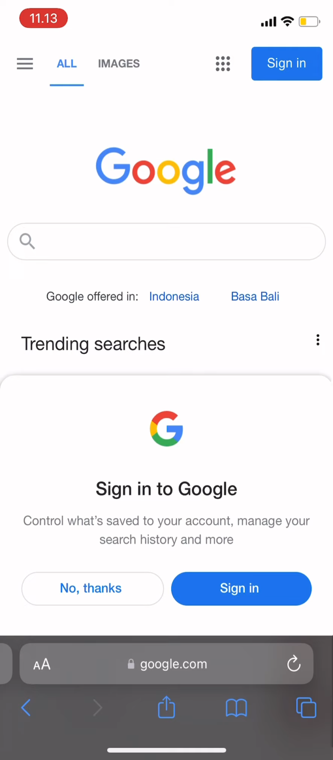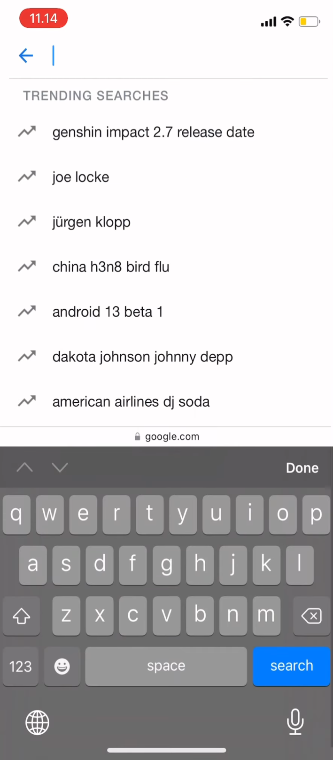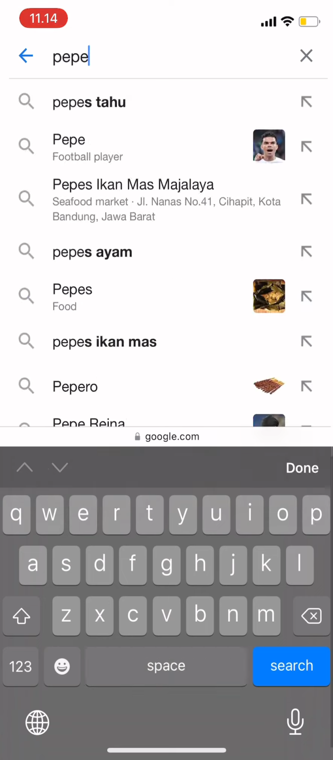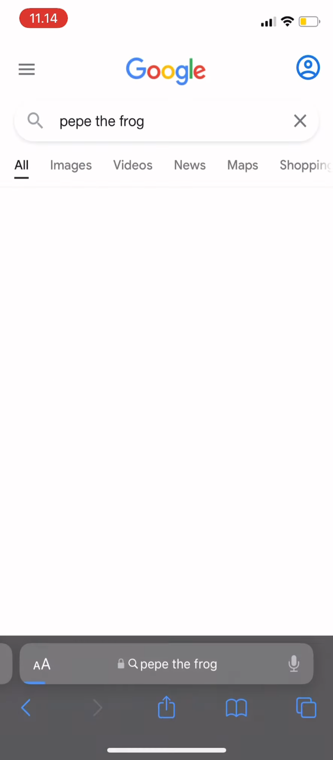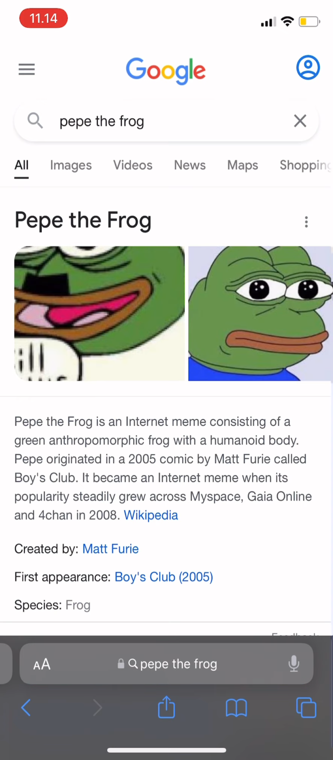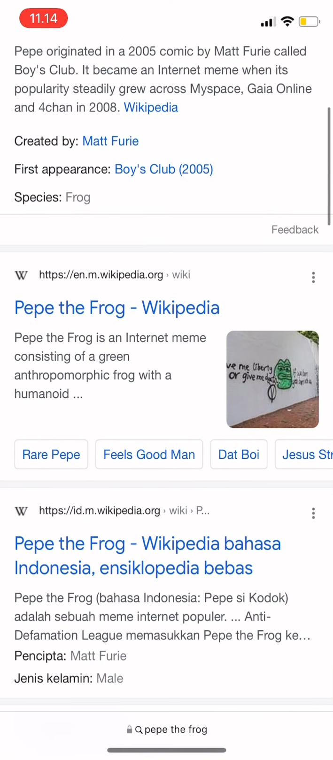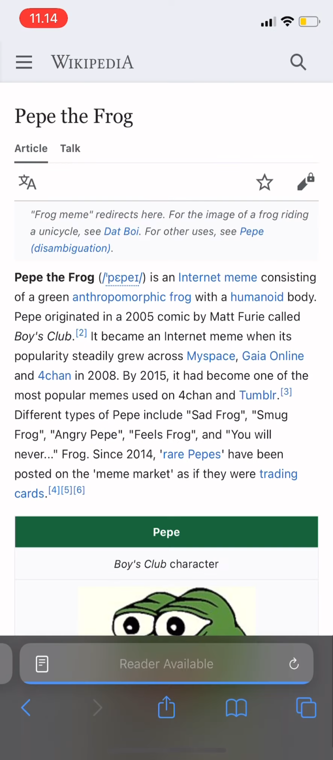In today's video, I'm going to show you how to add a bookmark on iPhone. So first, for example, I'm searching Pepe the Frog, and then I tap search, and then choose the website. So for example, Wikipedia. Tap on it, and then now tap on